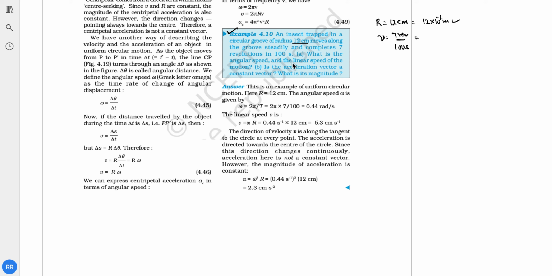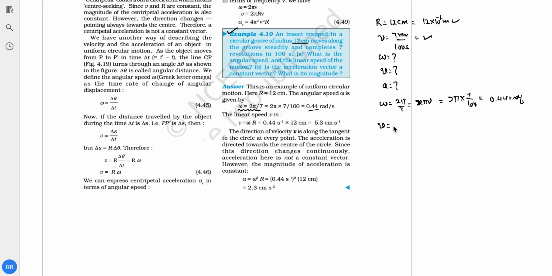Then you are asked to find what is the angular speed. आपको एक angular speed निकालना है ओमेगा, and linear speed एक आपको v भी निकालना है। तीसरा आपसे पूछा है कि is acceleration a constant vector, but is its magnitude, और आपको acceleration भी निकालना है। सो पहला सवाल है कि यदि आपको ओमेगा निकालना है तो ओमेगा का जो फार्मूला होता है वो है 2π/T, दैट इज 2π टाइम्स ν। सो ν आपको दिया हुआ है, इधर आप लिख सकते हैं 2π इंटू 7/100। सो इसको यदि आप सॉल्व करते हैं इट विल कम आउट टू बी 0.44 रेडियंस पर सेकेंड।